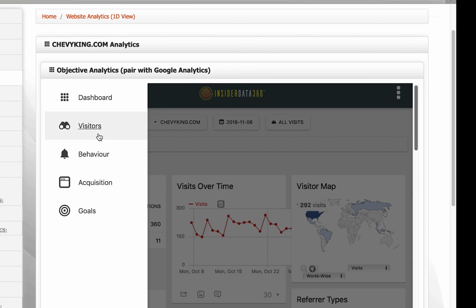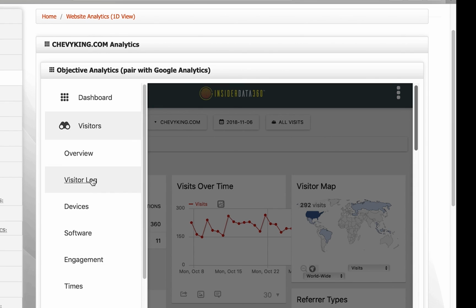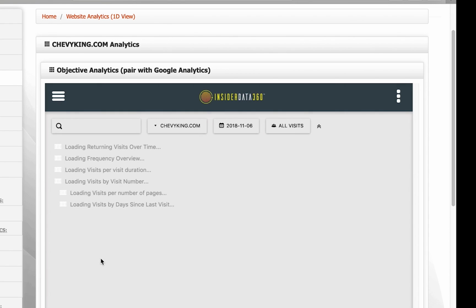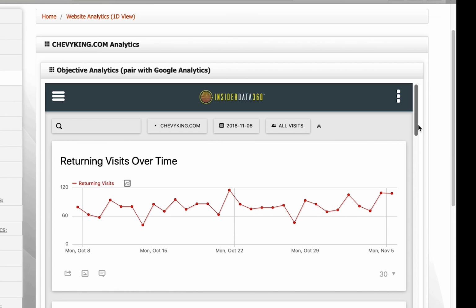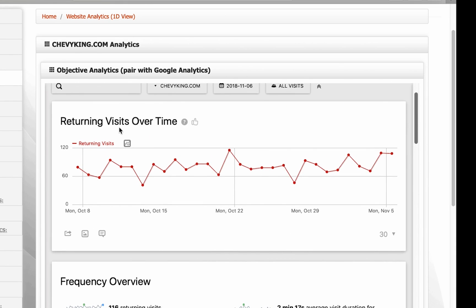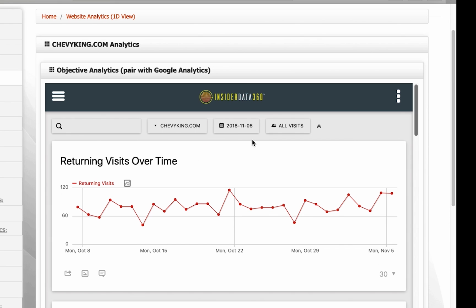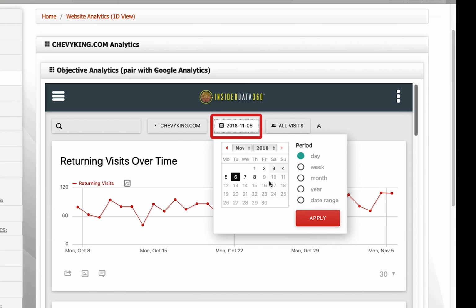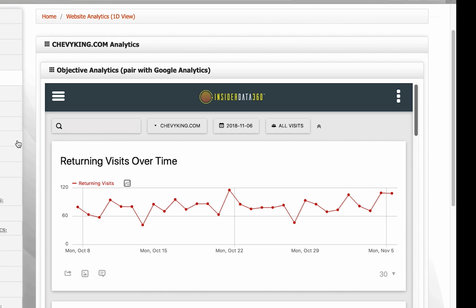Google Analytics, to help you truly understand what your visitors are experiencing and different information such as your most popular device and the engagement times. So I'm going to click on a couple of these tabs and show you what some of these reports look like. And these are only snapshots of the day. We can roll it out to do day, week, month, year, or the lifetime of the